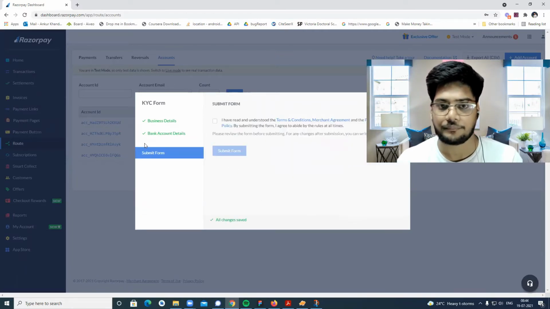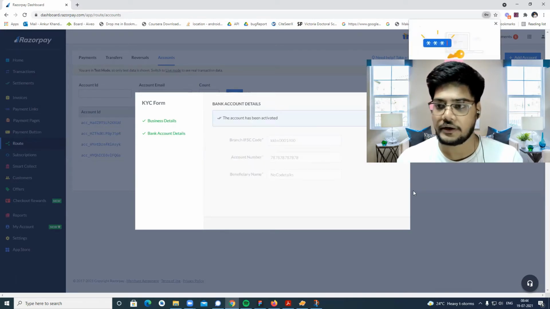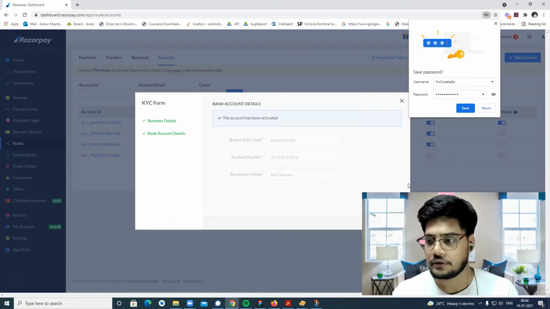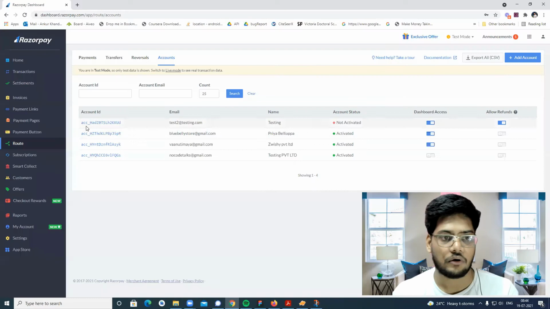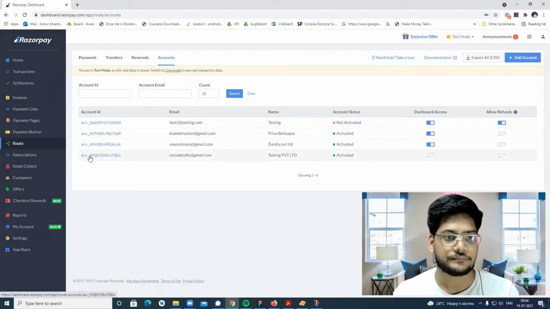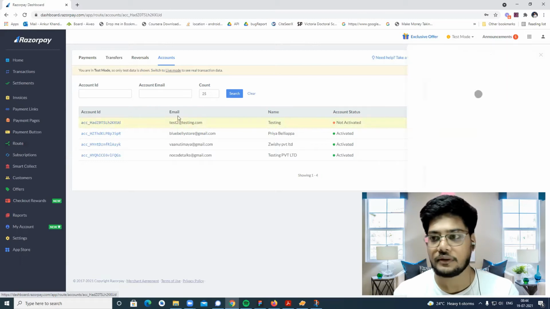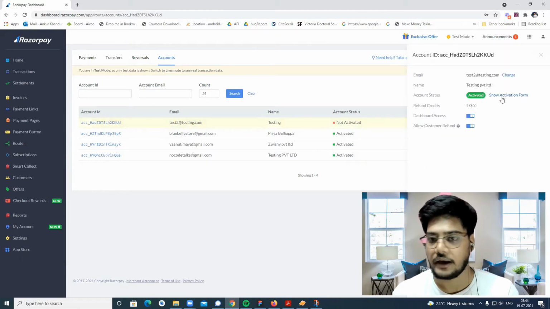Now submit the form. Yes, I have read it, submit the form. Since this is a test, it will automatically accept it. Just click on the cross button. Now click on account. So you get an account ID. It is already activated.